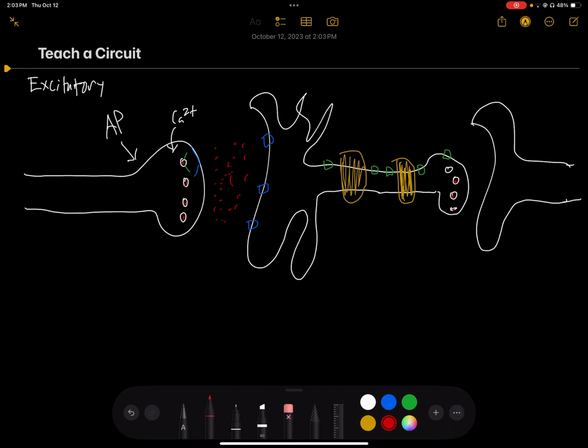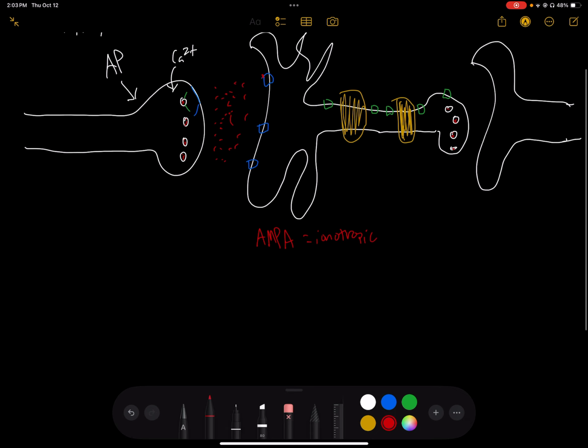Neurotransmitters will enter the synaptic cleft and bind to their receptors. The neurotransmitter here is glutamate, the primary excitatory neurotransmitter in the central and peripheral nervous system. They'll bind to their receptors called AMPA receptors, which are ionotropic receptors. The ion that they let in when glutamate binds and they're activated is sodium cations. So sodium will flow through these, and if summation is great enough for sodium flowing in to cause the